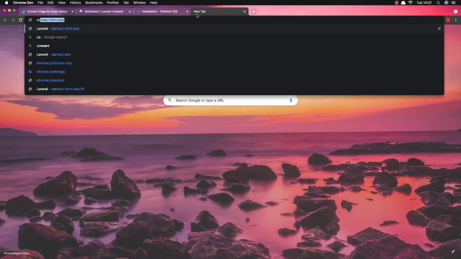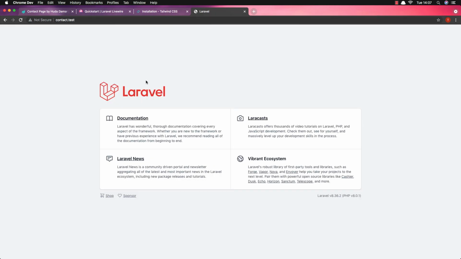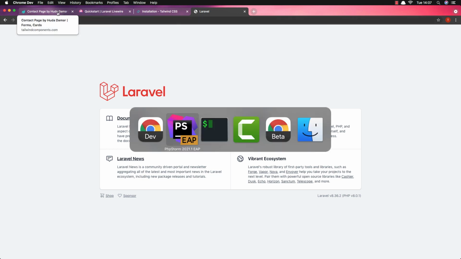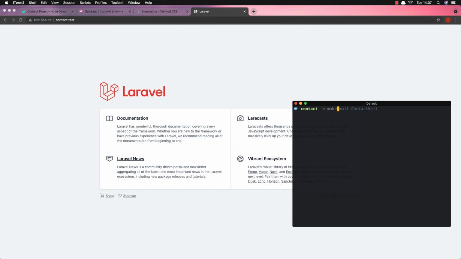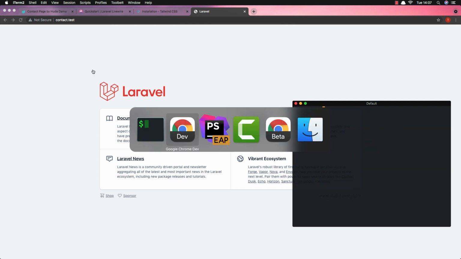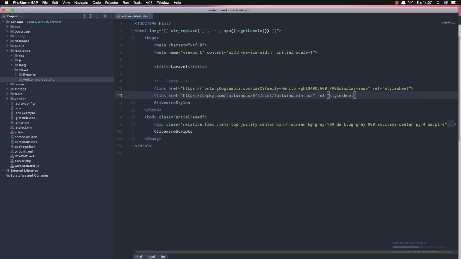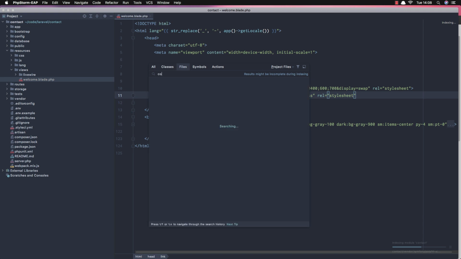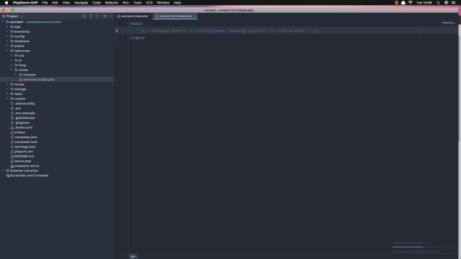If I open the contact test, here is our application. Now I want to make a Livewire component, so artisan make livewire component, and I'm going to name it contact form. Okay, I'm going to copy this one and go here, and in the contact form blade we created, I'm going to add this one,